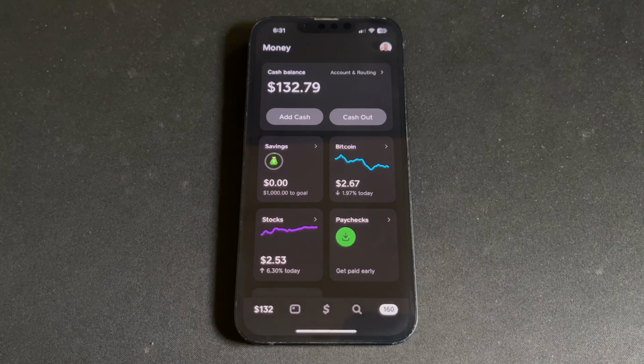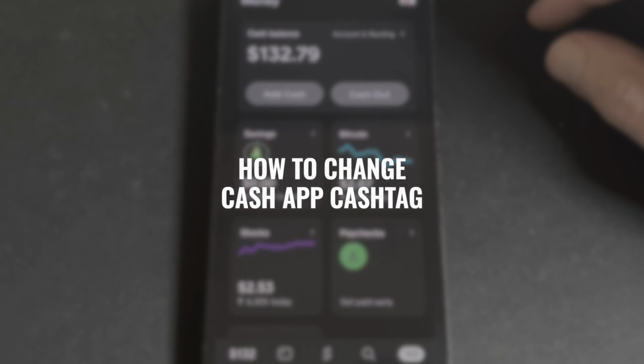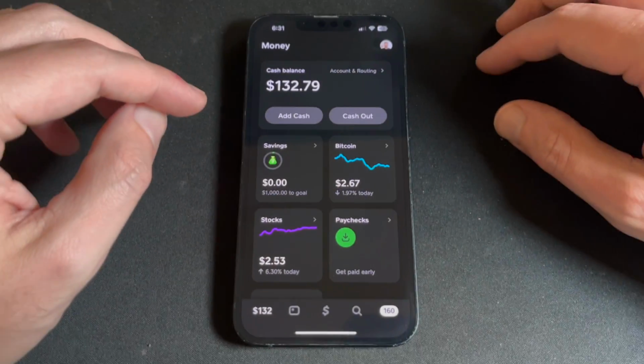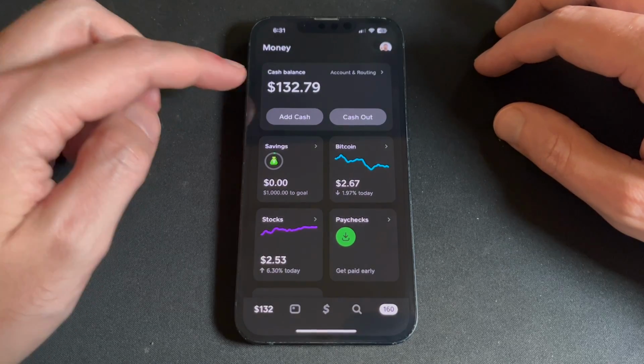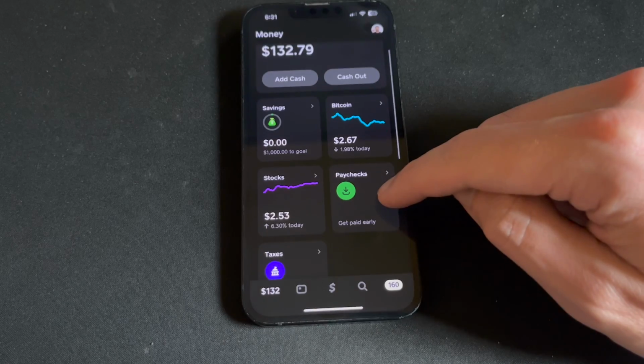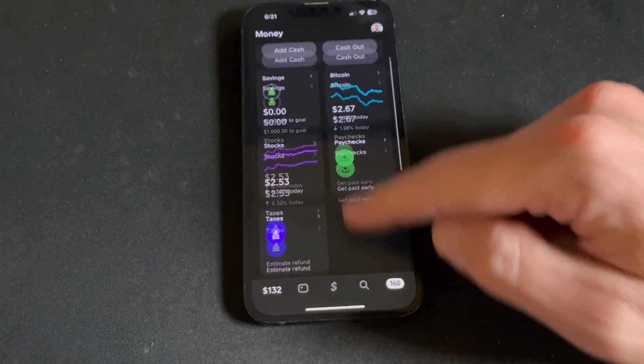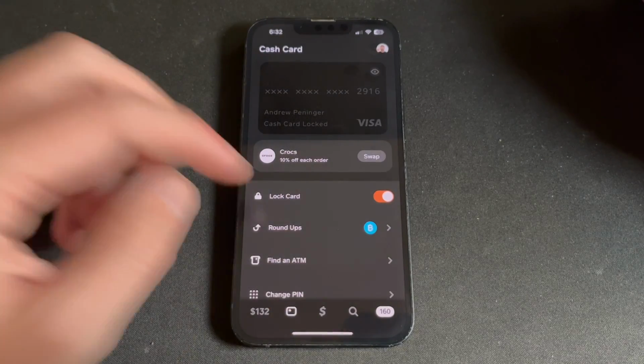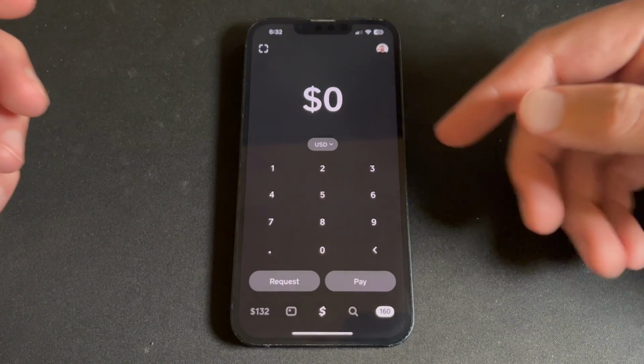In this video, I'm going to show you how to change your Cashtag. Cash App is a full-service banking and investing app. Up at the top, you have your cash balance, you have savings, Bitcoin, stocks, even paychecks can be sent here, and you can do your taxes. There's also a card where you can spend your balance, and you can do peer-to-peer payments to your friends or